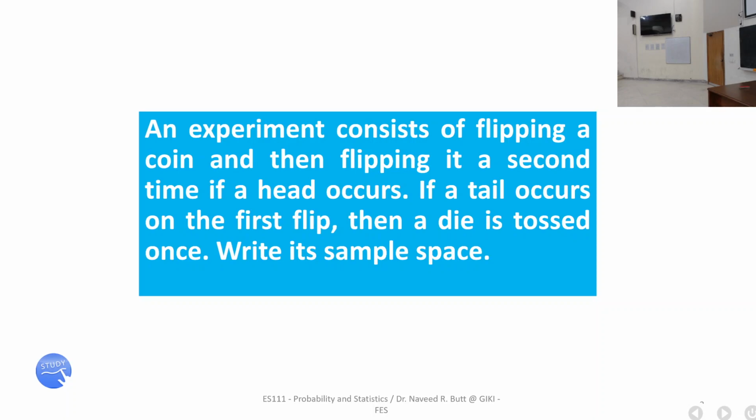Experiment consists of, ये मैं इसे डाला है just to show you कि even such simple thing could become complicated अगर practice नहीं होगी ना, so please। अब इसमें तो conceptual कुछ इतना मुश्किल नहीं है इसमें। This probability theory requires a lot of conceptual thinking. So it says, okay, you flip a coin and then flip a second coin if a head occurs. तो आपने कॉइन फ्लिप किया या अगर हेड आया तो एक और कॉइन फ्लिप करेंगे, अगर हेड नहीं आया पहले